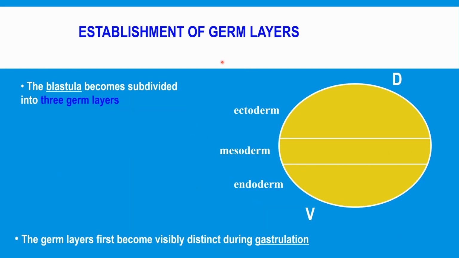Typically, after the establishment of these axes in the developing embryo, we have the establishment of the germ layers. And I mentioned these briefly before. We have three germ layers: the ectoderm, the mesoderm, and the endoderm. The developing embryo becomes subdivided into these three germ layers during the blastula stage. They may not be visible at that time, but they are defined as such there. They become visible with the use of microscopes then